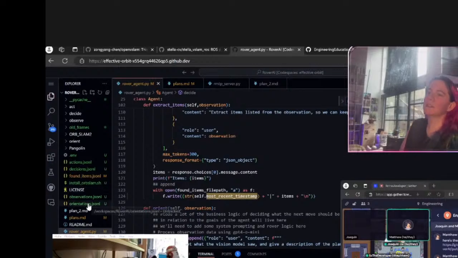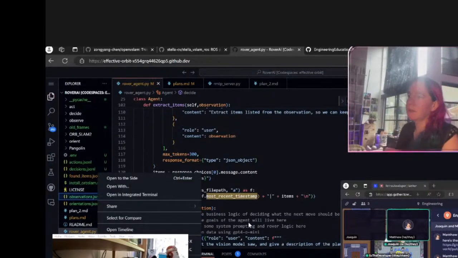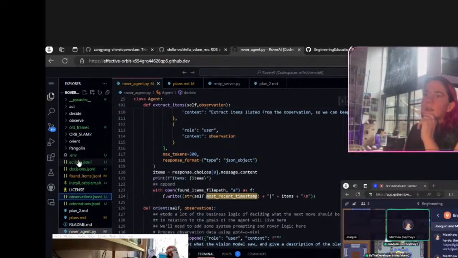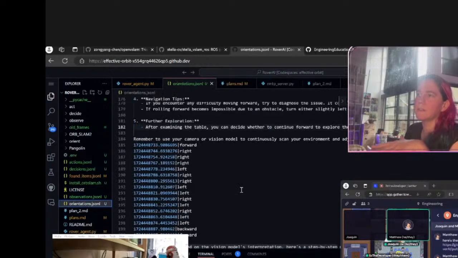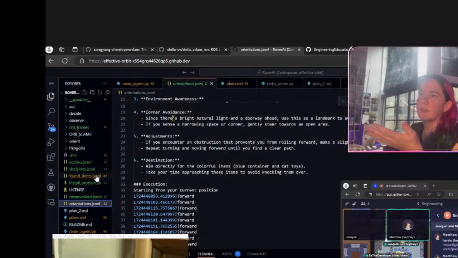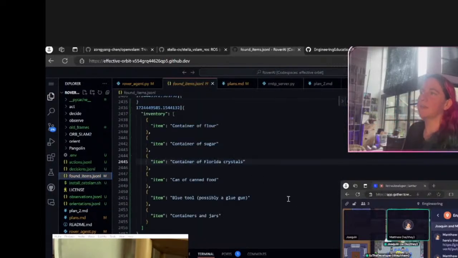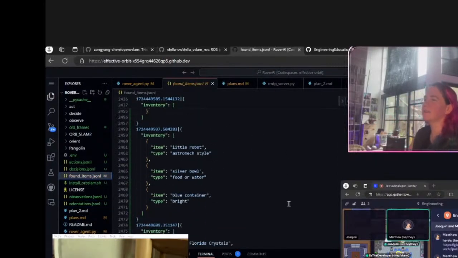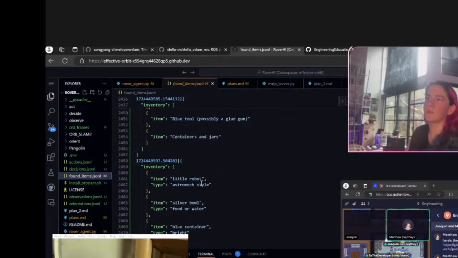So if we wanted to make a list of things that we've actually seen in Joaquin's apartment, we would have to go in here and find the found items. There we go. And then we have to write a script that can dedupe everything that we see in the inventory.